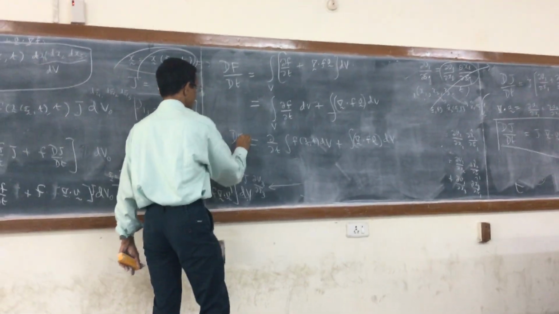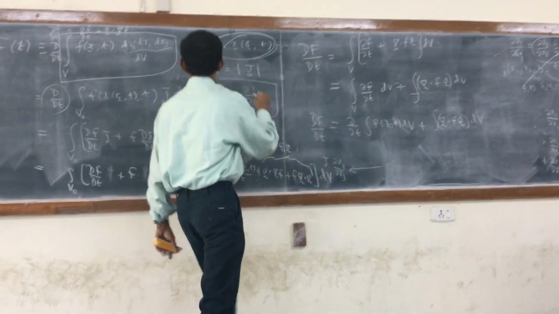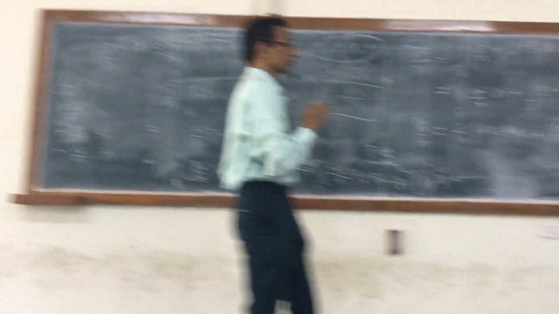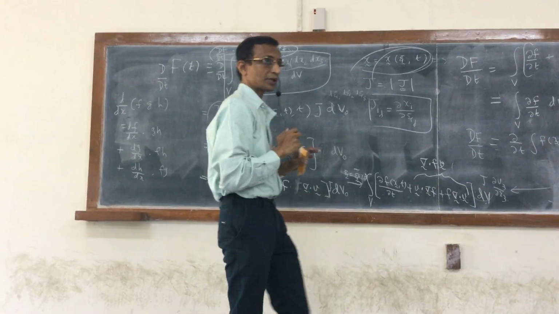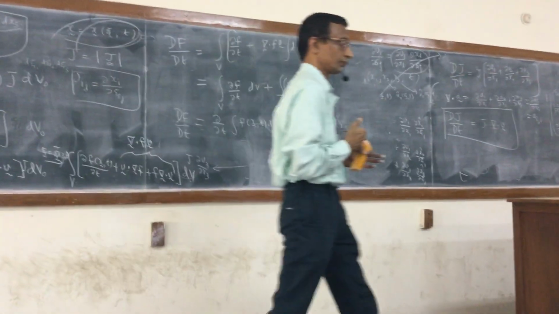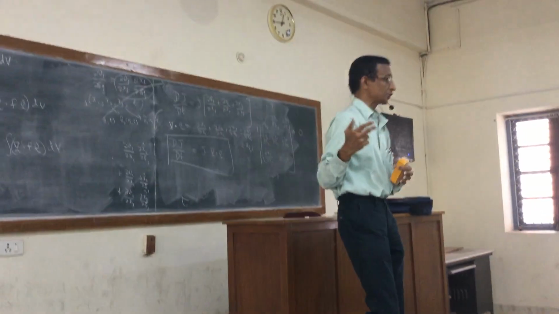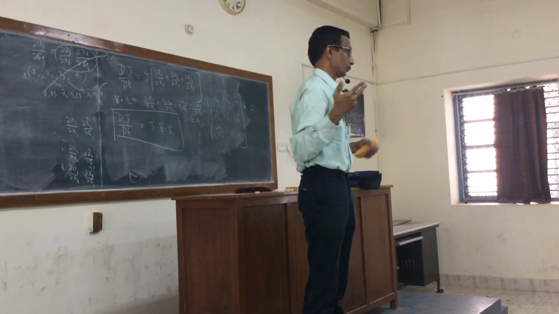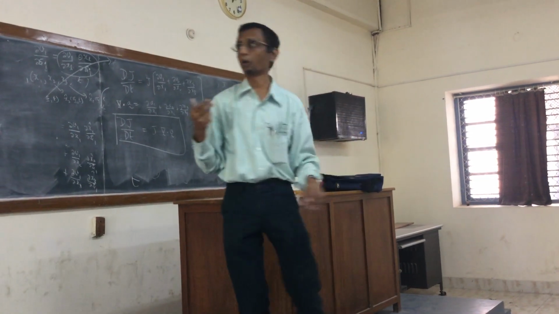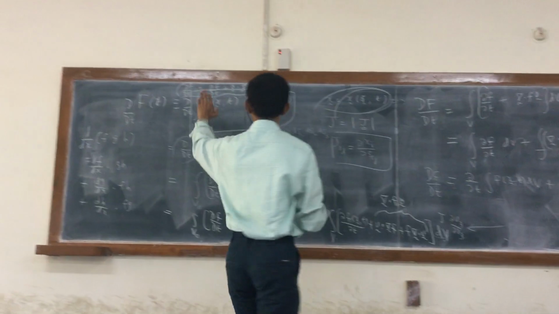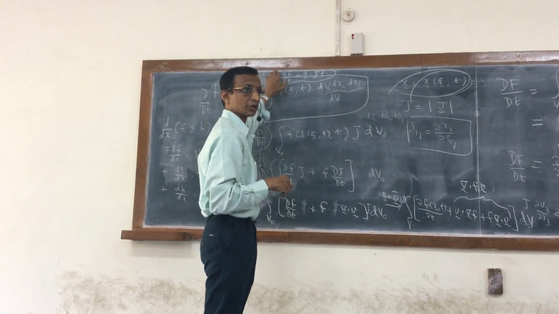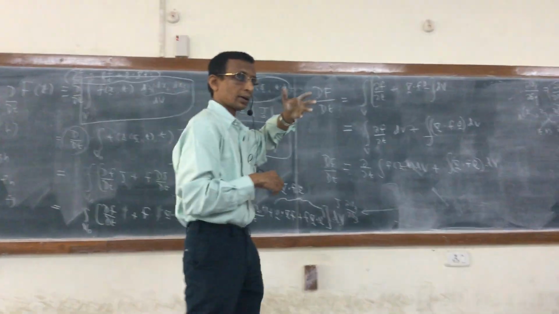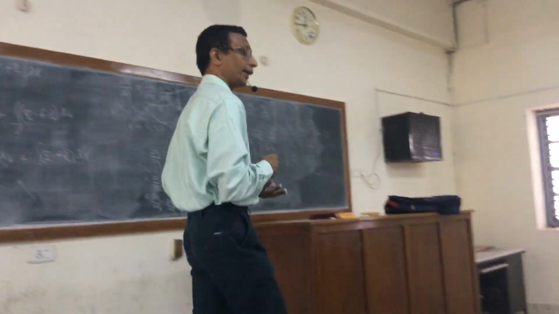formula, and this can be regarded as the analog of this formula. This is a formula of a scalar function. What is the relation between the substantial derivative of the scalar function and the spatial derivative of the scalar function? It is a function of x and t or psi and t. Both representations are involved. And this additional term, so we see that the substantial derivative of the scalar function is spatial derivative plus some additional quantity, which is the dot product of velocity vector with the gradient of that scalar